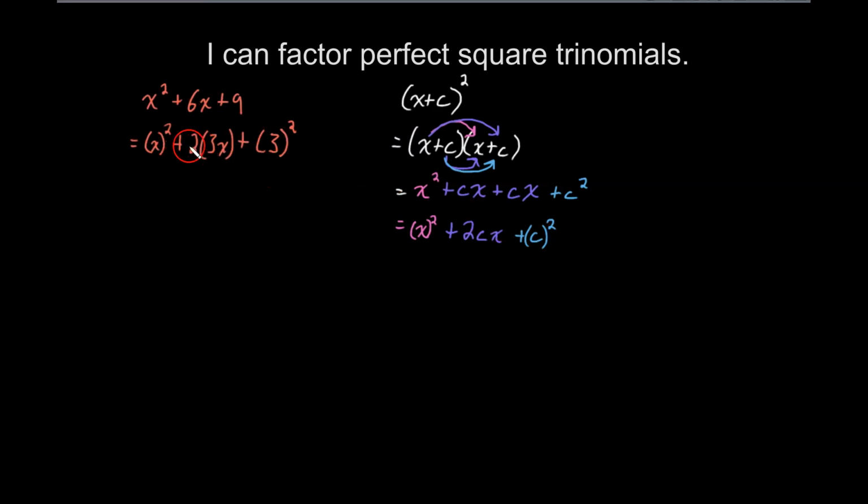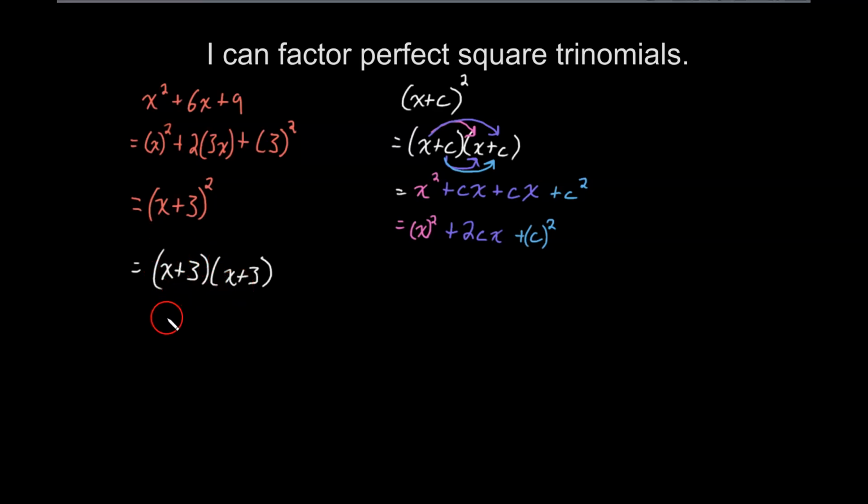So what would be our x in this problem? Our x would just be x, so that's the same. And what would be our c? Well, our c would be 3. So this trinomial right here, if we were to factor it out as a perfect square trinomial, would be equal to x plus 3 squared. And let's rewrite this as two binomials being multiplied by each other